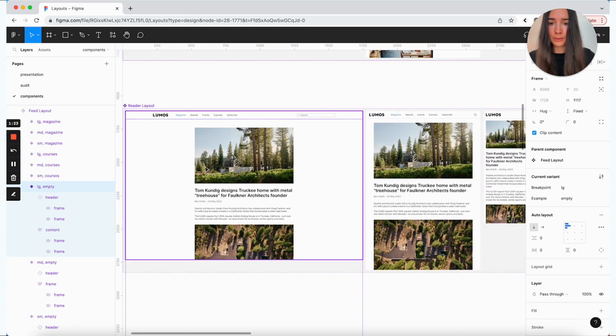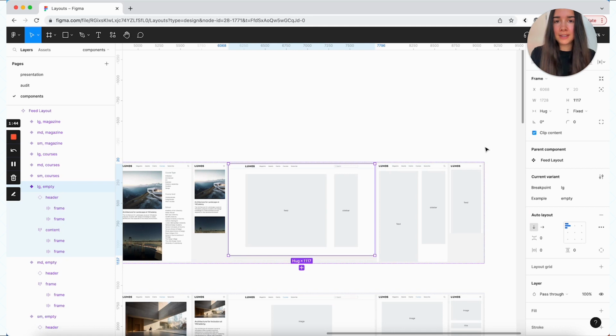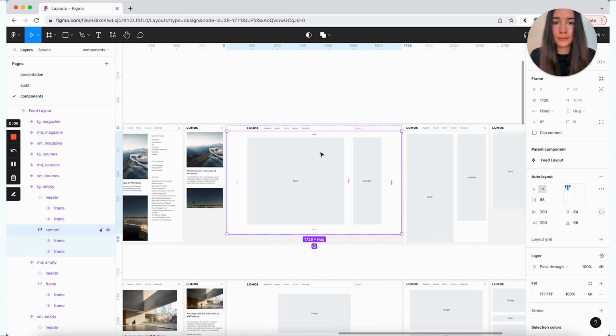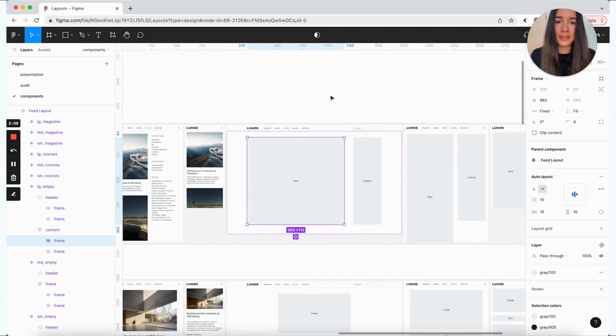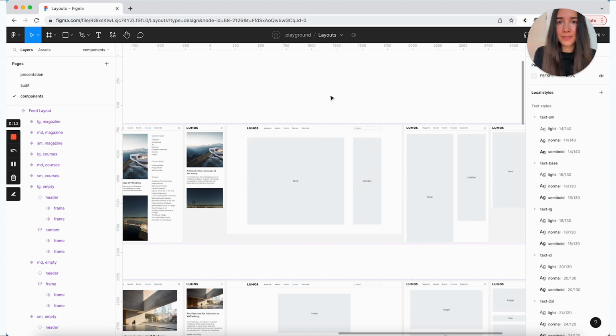The same thing goes for this reader layout below. If your designers are super advanced and can work with auto layout very well and also know how to use slots, in that case, they can just use this component and don't need to detach it. You can just, let's say, turn this stuff into its own separate component, and then they can use slot level subcomponents to swap it out. I'm not going to show it here today, but if you're interested in learning how that could work, please let me know, and I'd love to make a separate video for that.